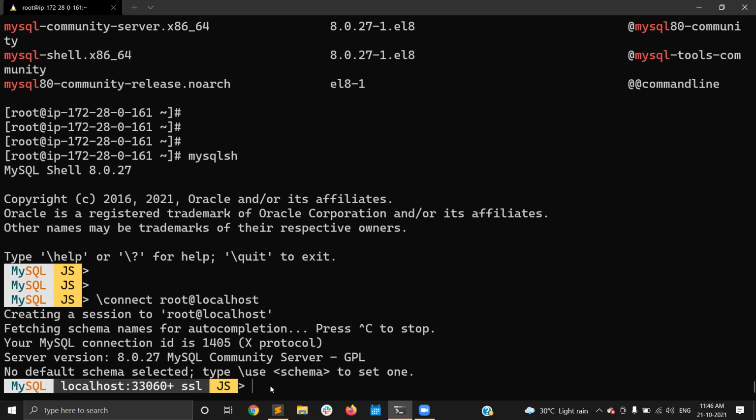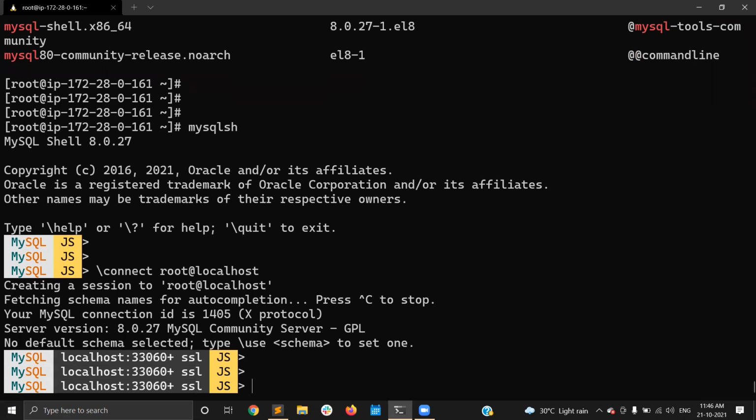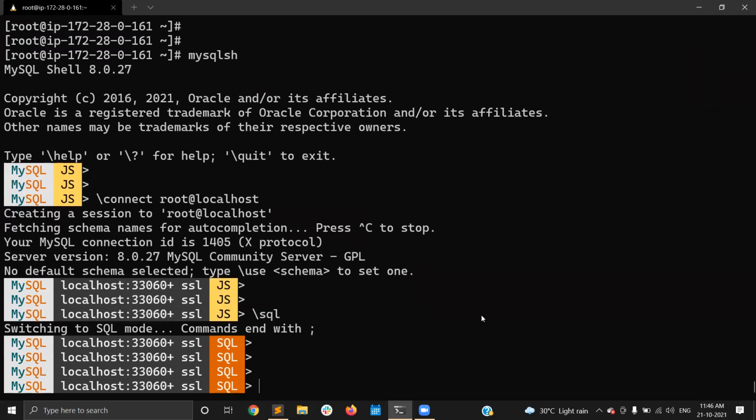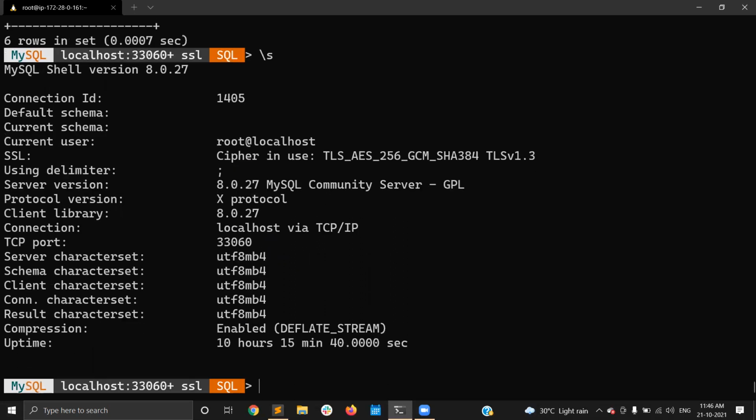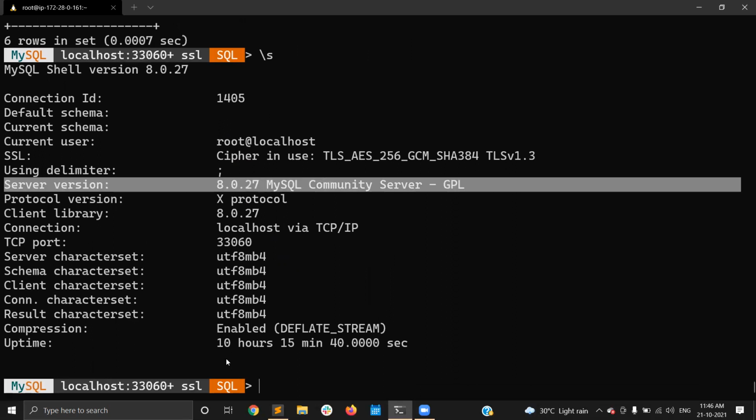MySQL Shell supports different modes: JavaScript and Python, and it has SQL support. To switch to SQL, you can use \sql, then it will switch to the SQL mode. Here you can execute SQL commands like show schemas, which displays all the available schemas. Whatever SQL commands you execute in the MySQL client, you can use here itself. I have the latest one, MySQL 8.0.27.